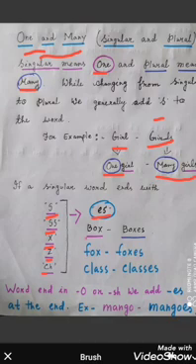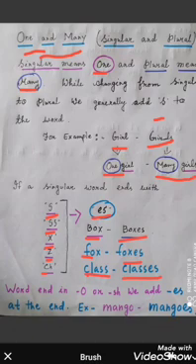BOX, box. BOXES, boxes. FOX, fox. FOXES, foxes. CLASS, class. CLASSES, classes. So, this is the second rule.